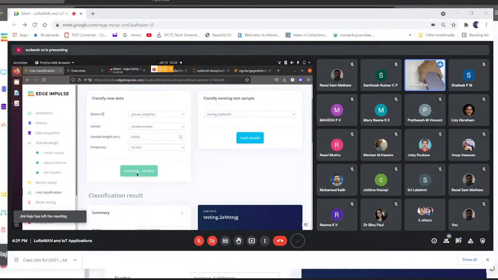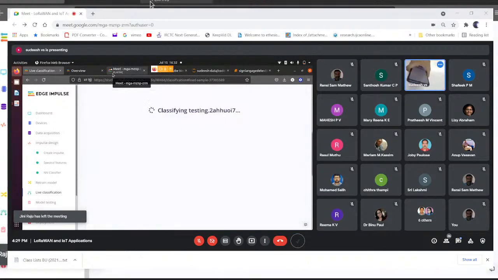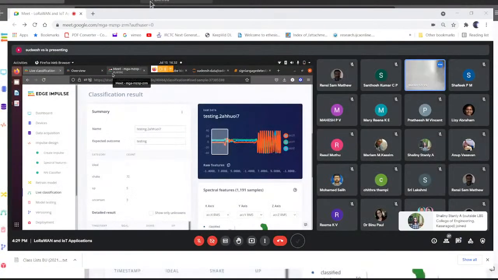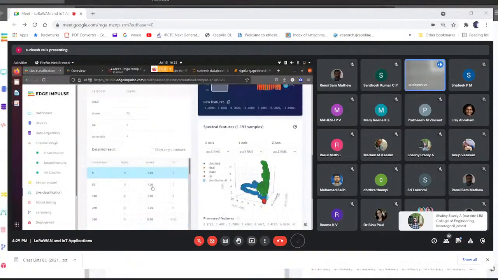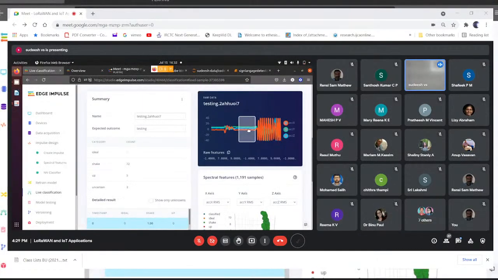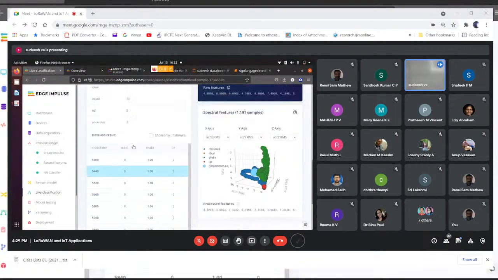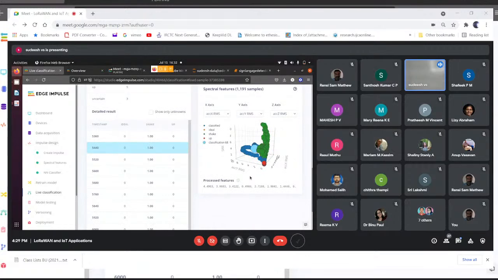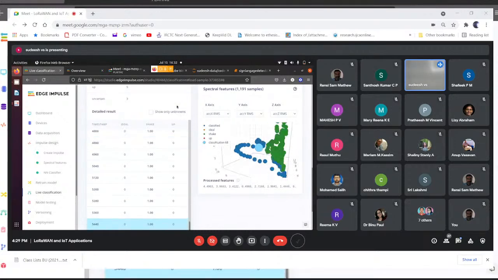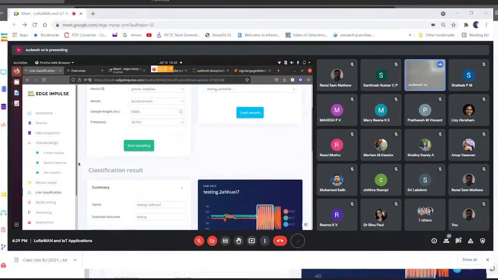Where is shaking that device? There is a feature you can select here, because we need to classify here, it is shaking one. So there is a 72% shaking count with 100% accuracy. Because shaking is good data, it's getting 100% accuracy. So these are the live classification.